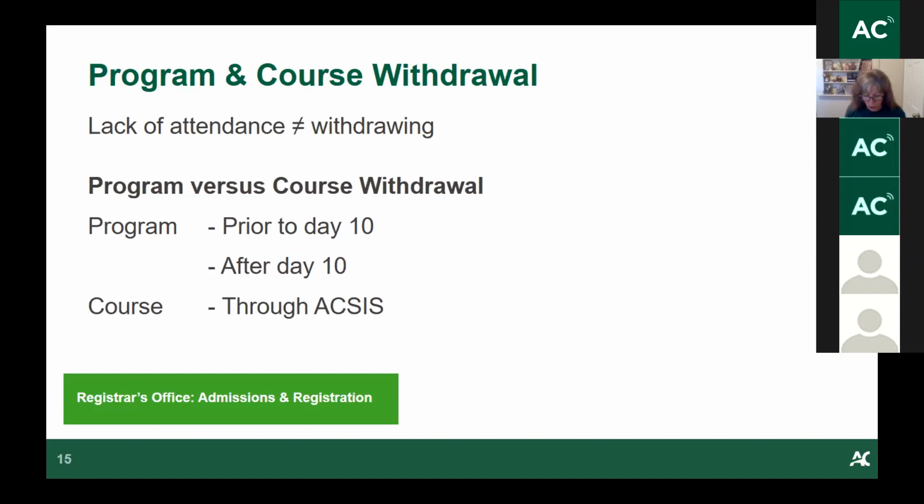We really try to encourage a student who is thinking of withdrawing either from the program or a course to consult with their academic department. So either the program coordinator or a student success specialist, because there may be something that they can offer to help you. And if it's a course withdrawal, you really want to make sure that it's not going to affect anything going forward, such as maybe this course is a prerequisite for a course in the second term. When is this course going to be offered again, and will I be able to pick it up? These are all things that you really should be talking with somebody about prior to doing the withdrawal.